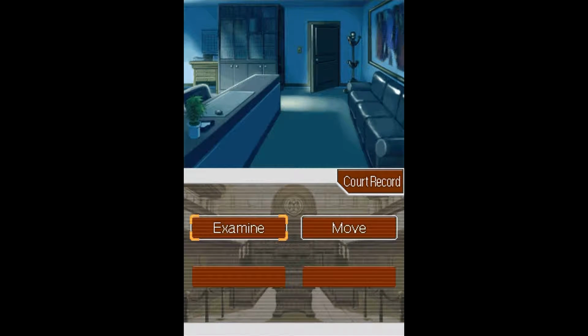So, this is a new thing that we're going to be getting into. This is the second half of the gameplay portion of Phoenix Wright. The game is split up into two portions, trial and investigation. This is the investigation, where we have a couple options. Right now we only have examine and move. With examine,